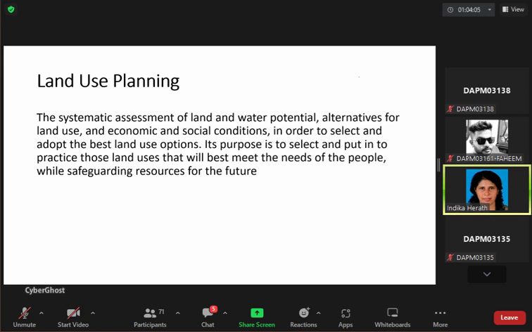So in that case, the countries that are developing, developed, most of the countries, they do not utilize the agricultural lands for residential purposes. Again,